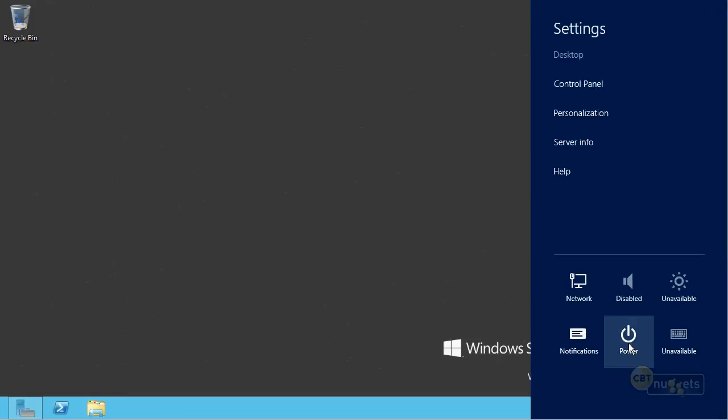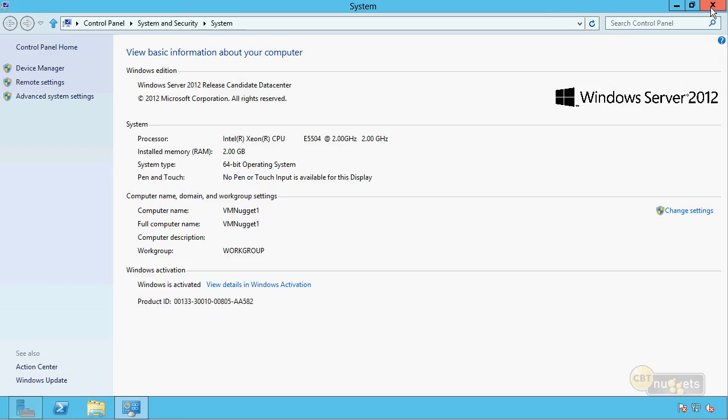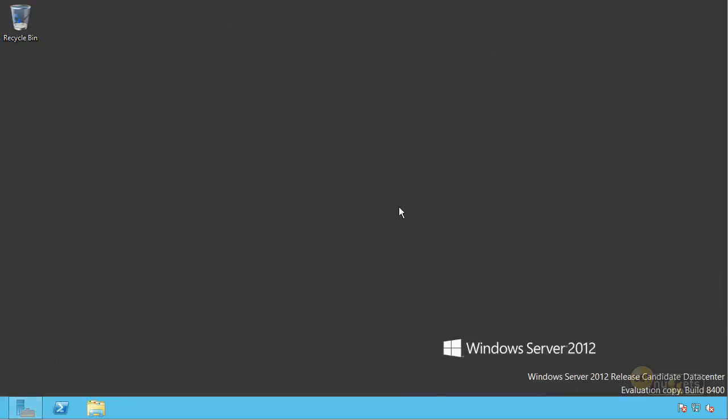And right now I'm in a remote desktop session, so it's only going to show me Disconnect. But if I were in a physical logon console, then it would show me Restart or Shut down. So that would also be available there. Also, we have Control Panel and some other things here, server information if you wanted to click on that, for example. Pretty much looking at the system properties, as you can see here. So all of those things are available in those ways.